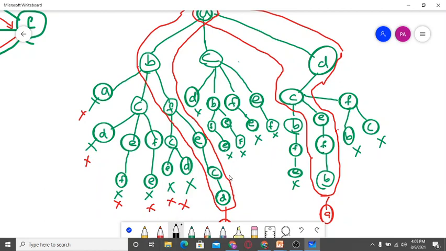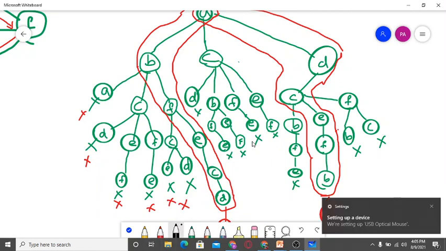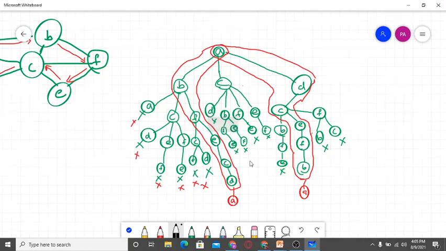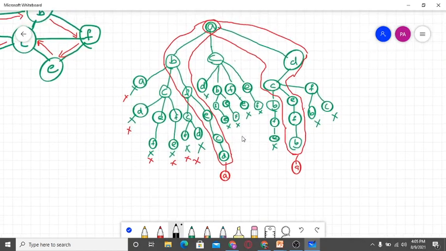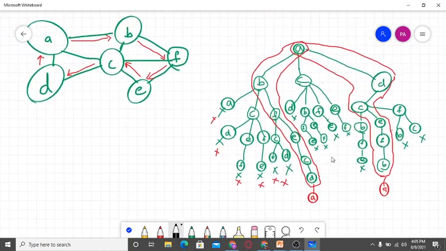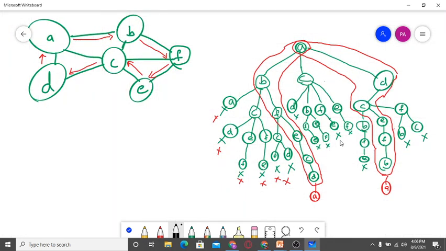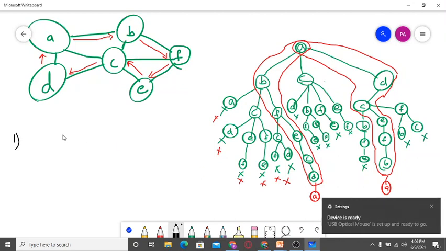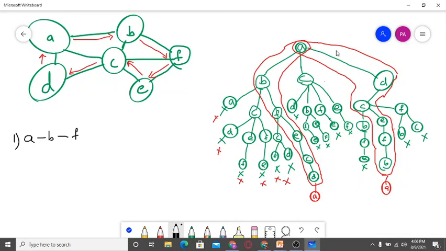Okay, so I will write the path for this. Okay, so what is the path now here? There are 2 possibilities here. First one is from A to B, from B to F, from